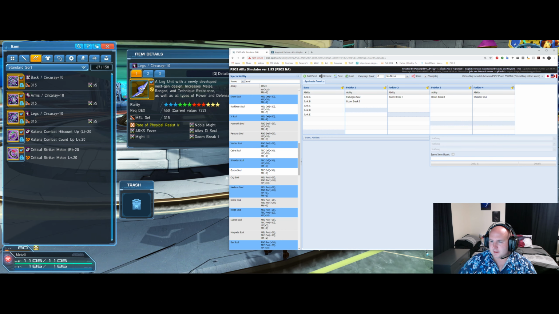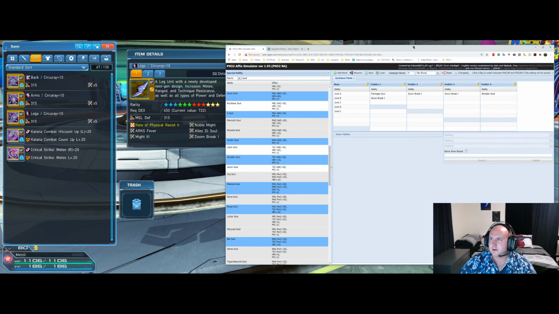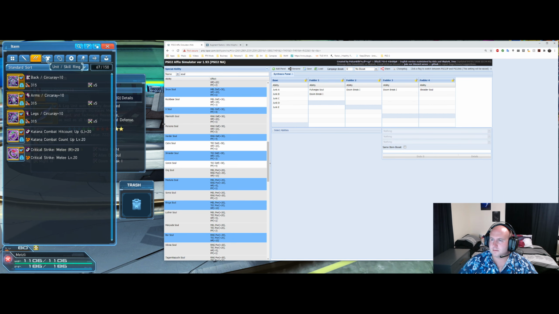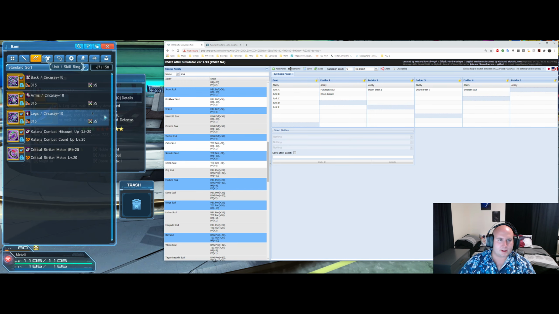I think I need to make this taller so that block 5 pops in. I want to make it wider too. Let's do that. There we go. Okay, so the way that I set mine up,